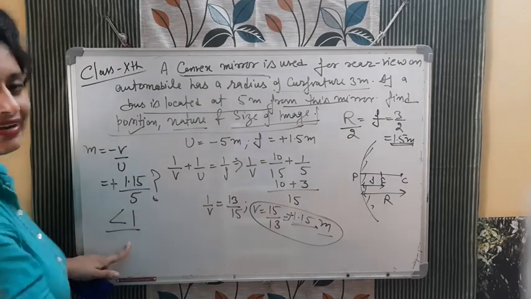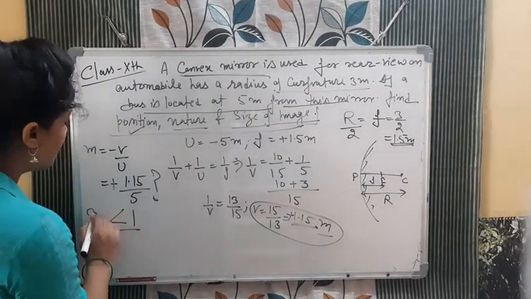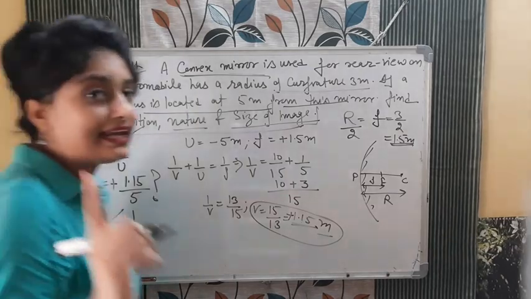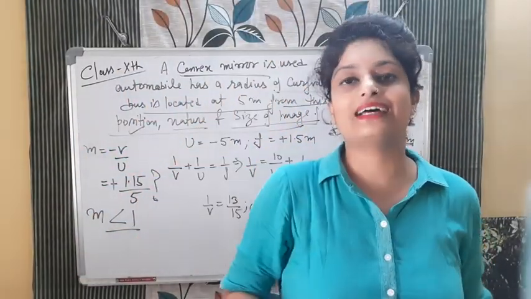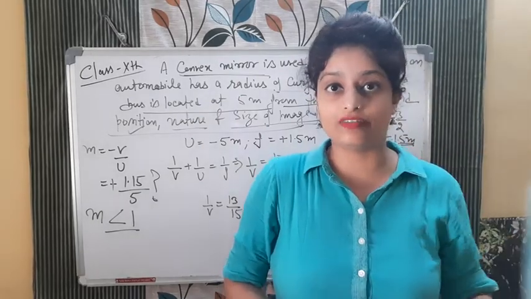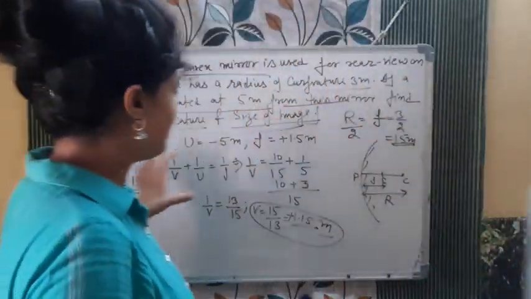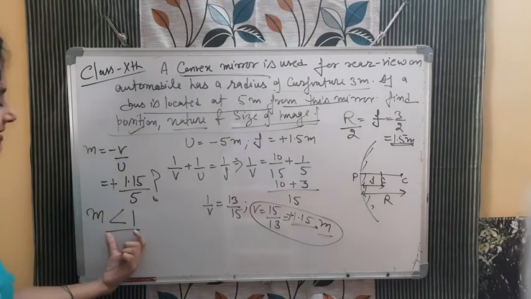यहाँ से जब आप इसको डिवाइड करोगे, so what will be this? Magnification will be less than 1. प्लेन मिरर के केस में मैग्निफिकेशन कितना था? 1, because the height of the object and the height of image both were equal. In case of the convex mirror, in this particular magnification is less than 1.